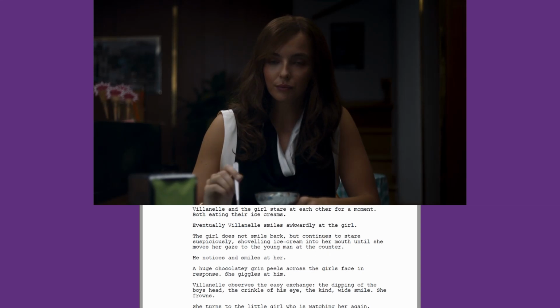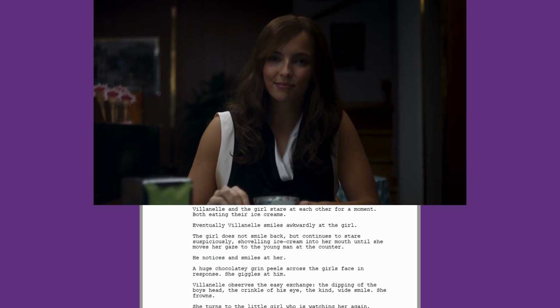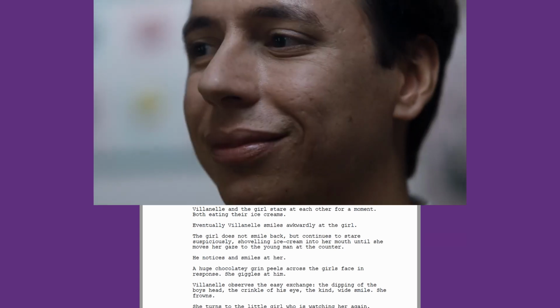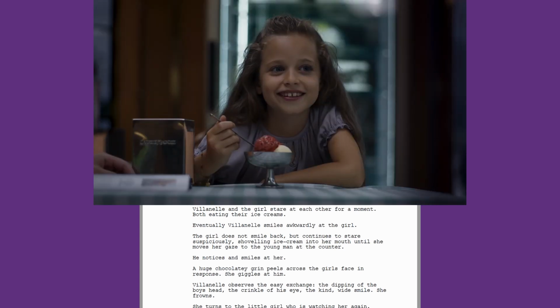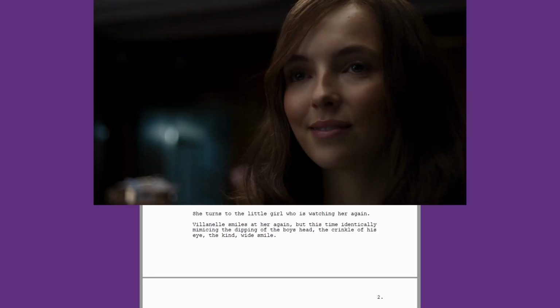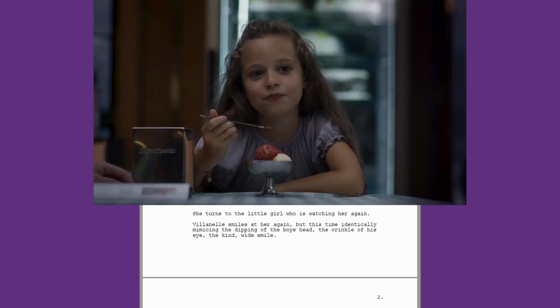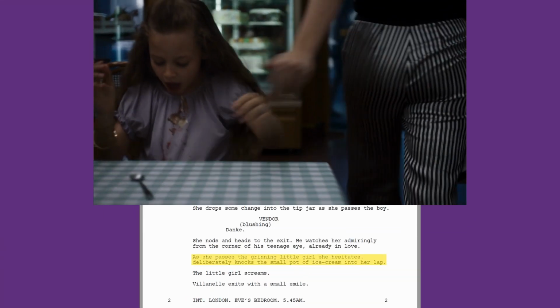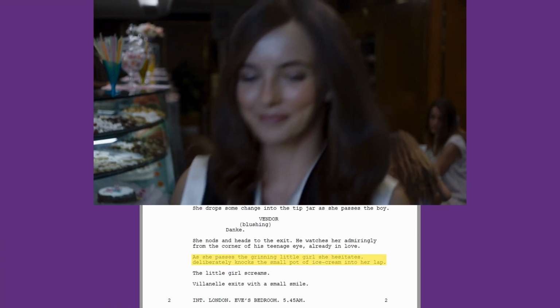She makes an unconvincing smile at the little girl sitting across from her, with no response. Then she observes the guy behind the counter smiling, a genuine smile, which gets the girl to smile in kind. Villanelle learns and replicates the smile, finally getting a smile out of the little girl. Then, as she exits the parlor, she dumps the girl's ice cream onto her lap and waltzes out, not at